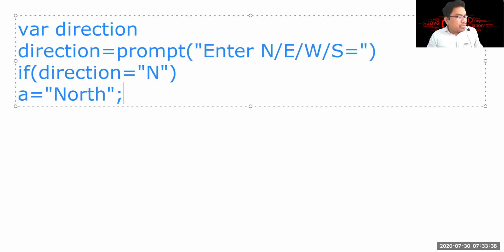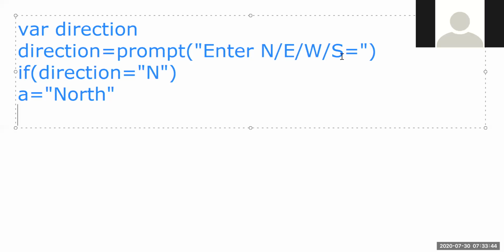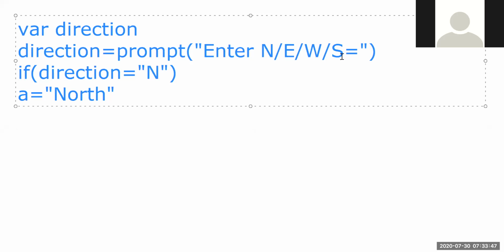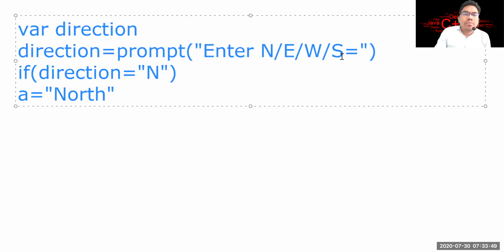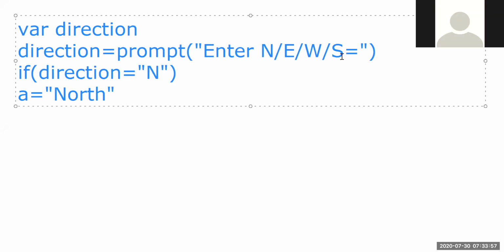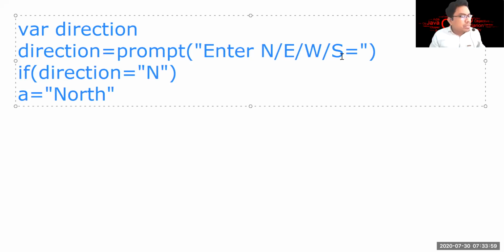Semicolon is not required, I think. Yes, it's not required. A equal to not. Okay, after that, sir, that A is a variable? Yes. Then we have to declare it, no? I think so. Yes, sir, we are asked to replace it by using